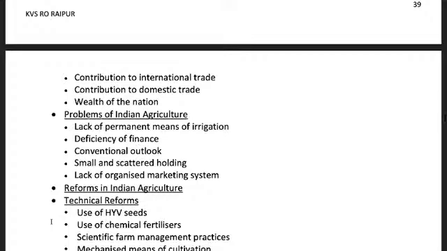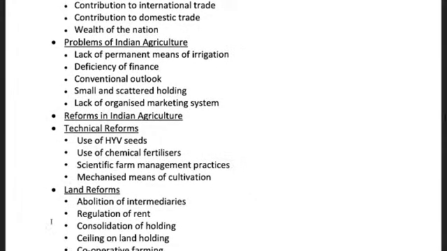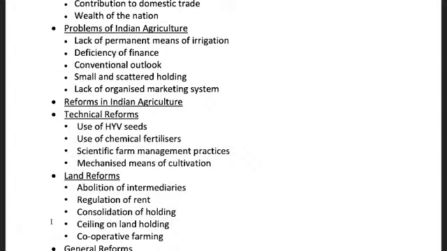Problems of Indian agriculture: lack of permanent means of irrigation, deficiency of finance, conventional outlook, small and scattered holdings, lack of an organized marketing system. Reforms in Indian agriculture: technical reforms, use of HYV seeds, use of chemical fertilizers, scientific farm management practices,